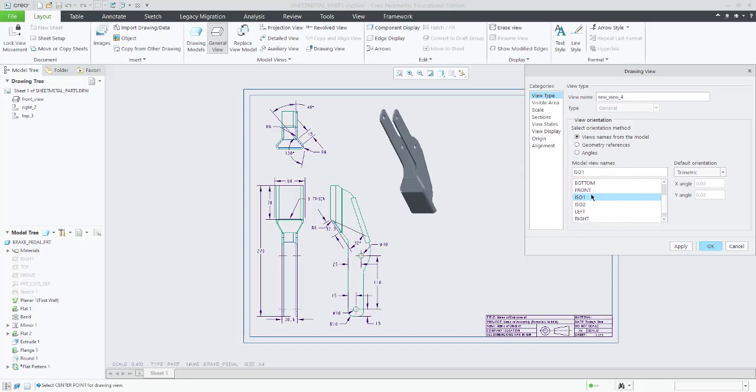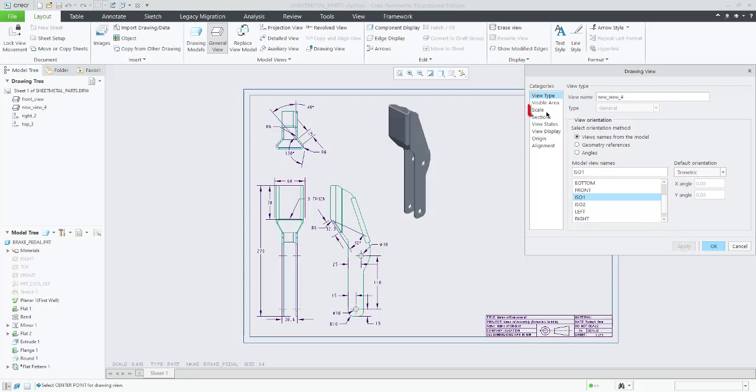So these views you can also create in View Manager. We have already shown how to do that before. So open up the brake pedal part, create these two views, and then you can come back here and use these two views to create in the format. So I will select ISO 1 and I will click on apply. So this is the first view.